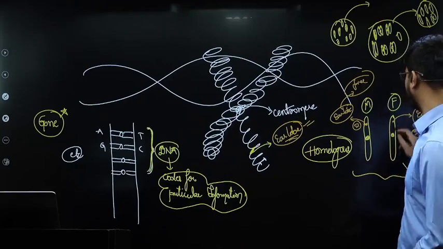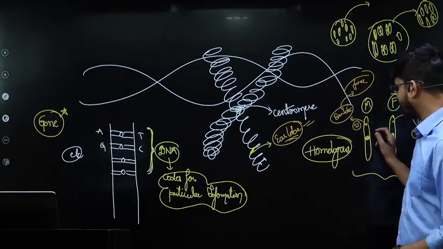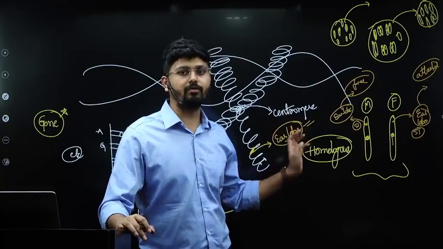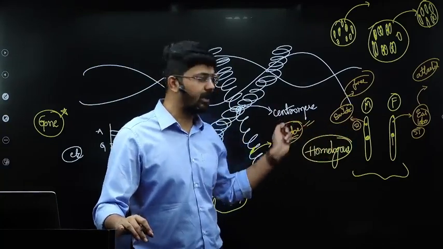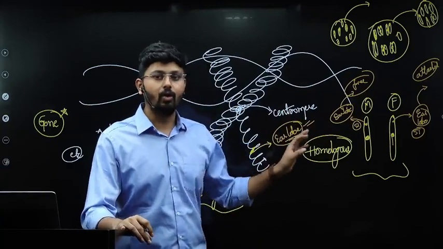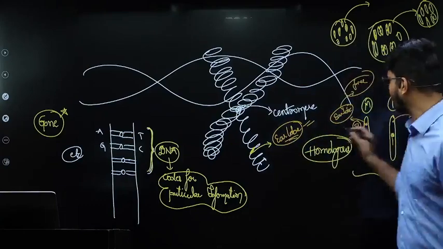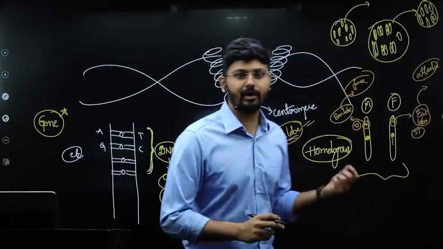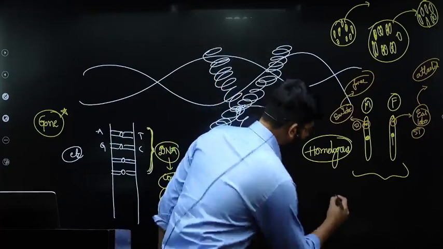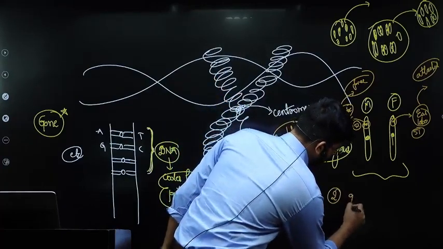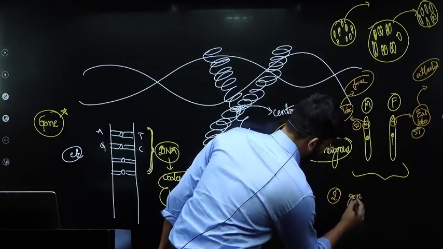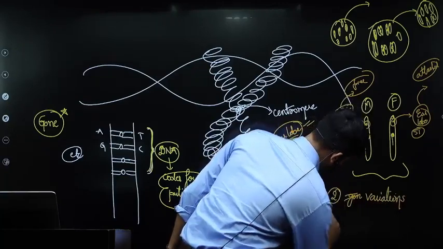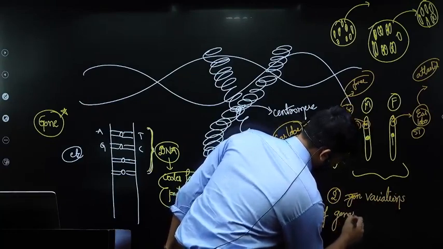One comes from the father, one comes from the mother, and there you'll see the positions of a particular trait. The position of genes for a particular trait will remain the same in both, but what information that gene is carrying will vary. Since there are two different genes, there are variations of genes which will tell the trait for a particular thing. So there are two variations of genes for a particular trait